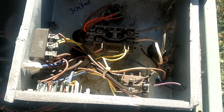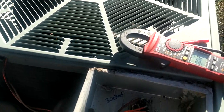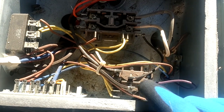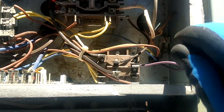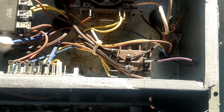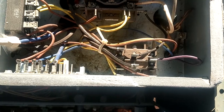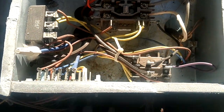And then we also have to turn off the outdoor fan to allow the coil to thaw faster. And then we also have to send 24 volts through a wire back to our electric heaters at the indoor unit, so we can offset that cold air during the defrost cycle. We've got to turn those electric heaters on. That's very important. So the way Rheem